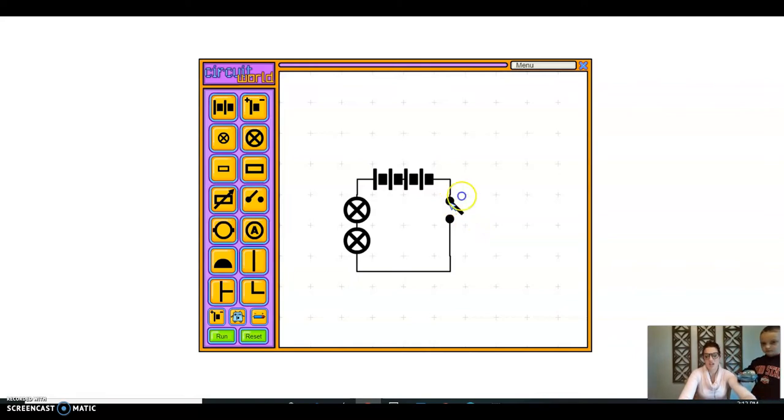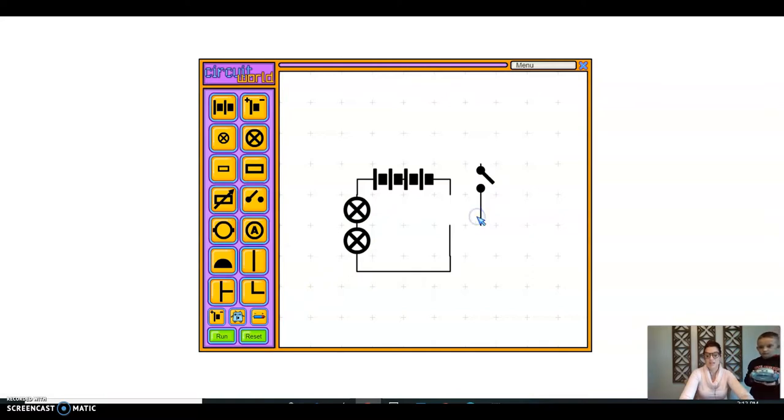So if I want to check if my circuit works, what I can always do is remove my switch and replace it with a wire, and I click the button that says run in the bottom left-hand corner. Now, if my lights turn on, that means I have successfully built a series circuit. There is one path for energy to go out of the battery into the bulbs and back to the battery. Now, if I also want to test this, if I hit stop,